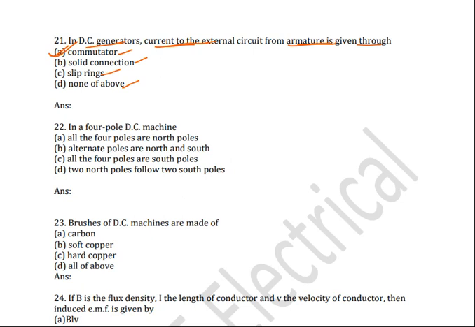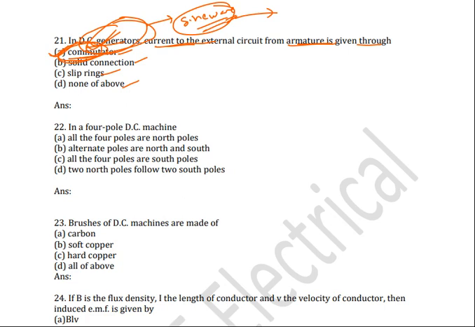In a DC generator, the induced current in the rotating parts is a sine wave. For converting this into unidirectional current, we use the commutator. What will the commutator do? It will do mechanical rectification. It will convert from AC to DC.